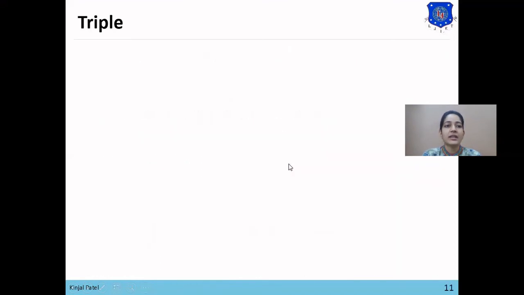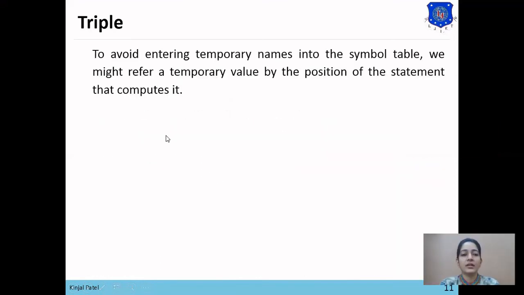Now next is triple. To avoid entering temporary names into the symbol table, we might refer to a temporary value by the position of the statement that computes it. Means in quadruple, 4 fields are used: operator, argument 1, argument 2 and result. Result is used to store the temporary value.